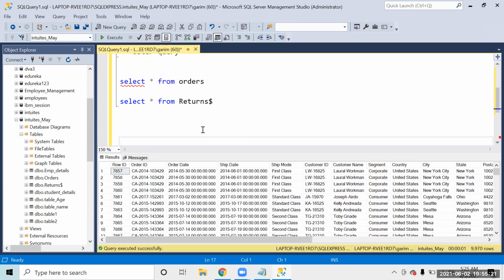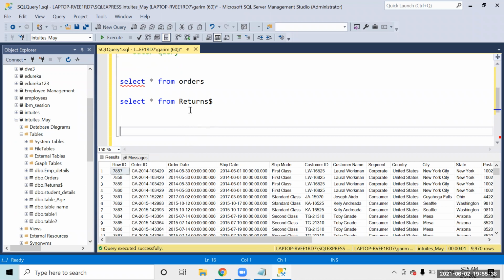Many of the join questions you will be able to do with subqueries also. For example, if my question is to fetch the information of those orders which were returned, what we did was make an inner join between the two tables.